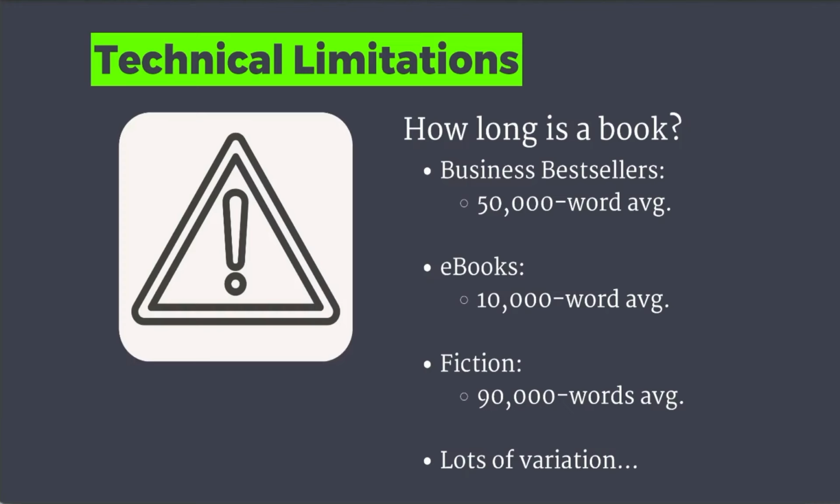So business bestsellers are about 50,000 words on average, and they fluctuate between 30,000 and 60 or 70,000. There's a lot of variation with these. So take all of this with a grain of salt, but we've got to start somewhere and figure out what our target is. Ebooks, obviously much shorter. They're in the realm of 10,000 words, and fiction is about 90,000 words on average, novels. But again, that can vary all over the place, and especially if you're getting into different genres, for younger audiences,